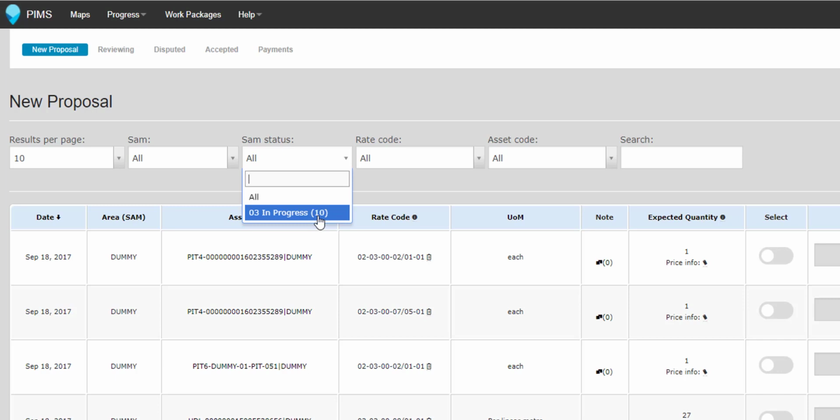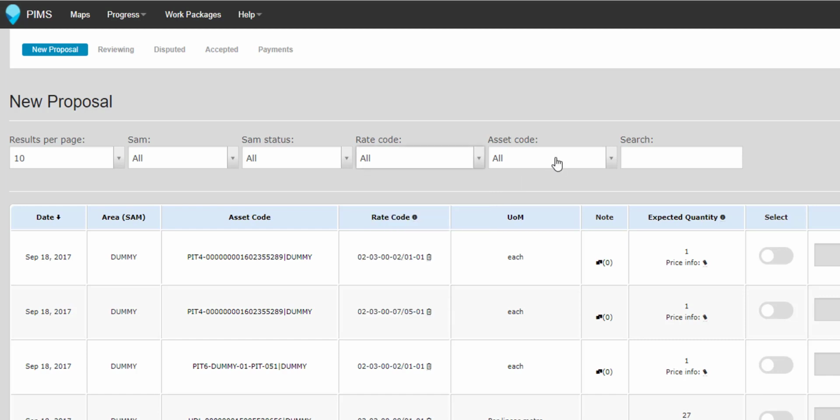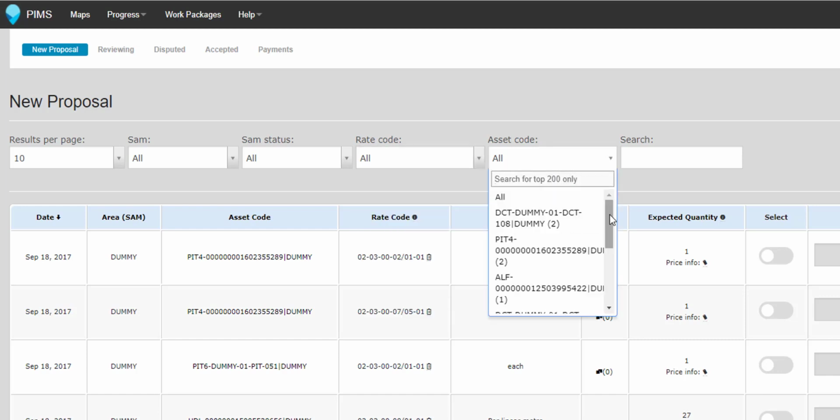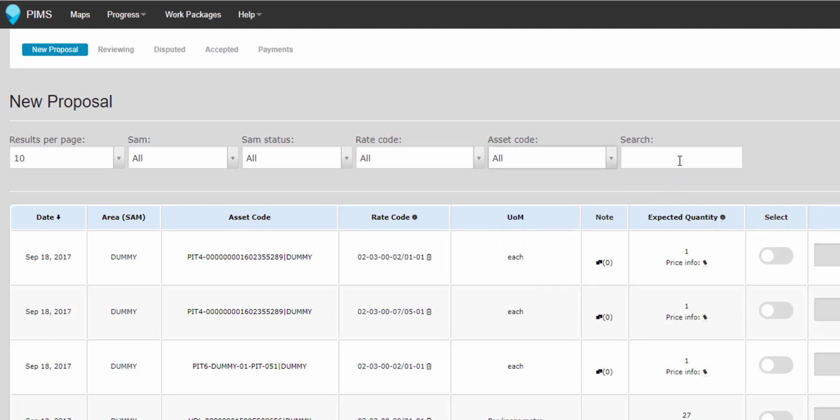submission in each. Selecting a rate code filter will change your list to display only progress entries against a specific schedule of rates code. And asset code will give you a list of work sites and assets your crews have filed progress against. The search bar allows you to create a custom filter based on text or numbers that you